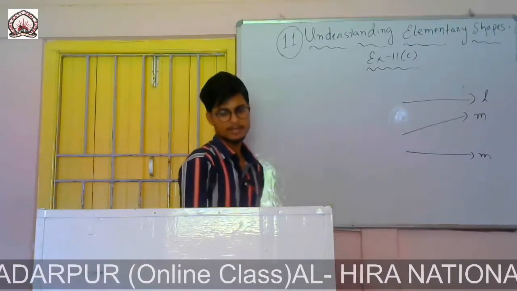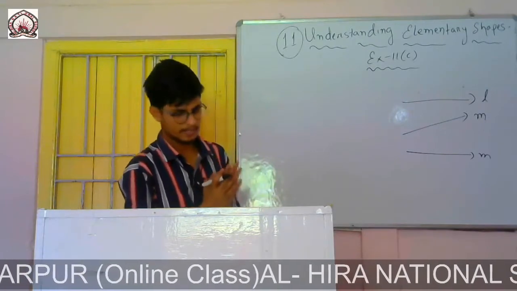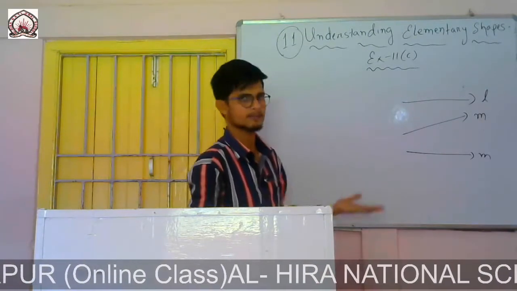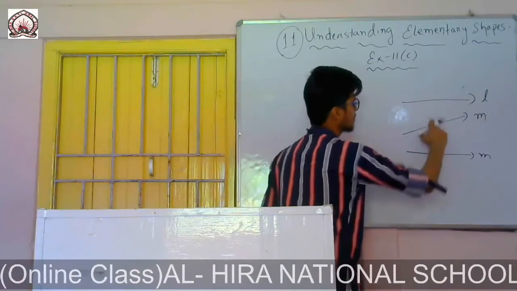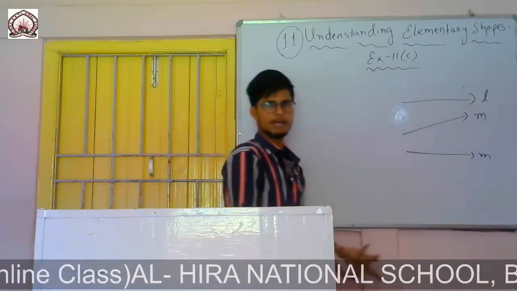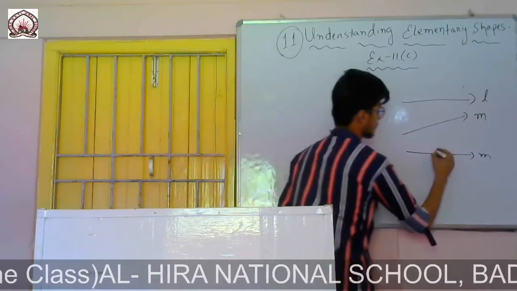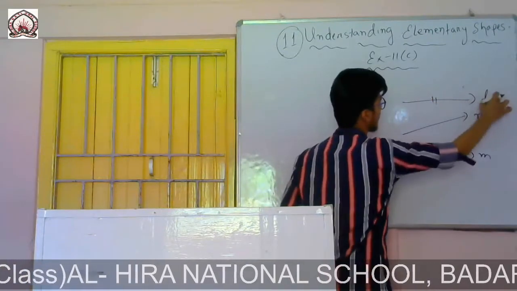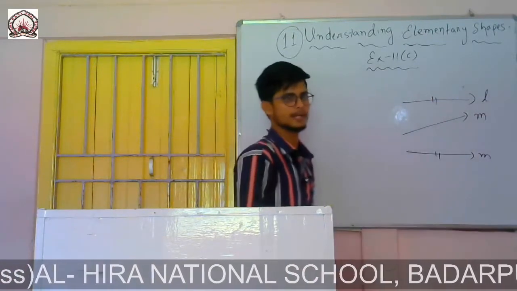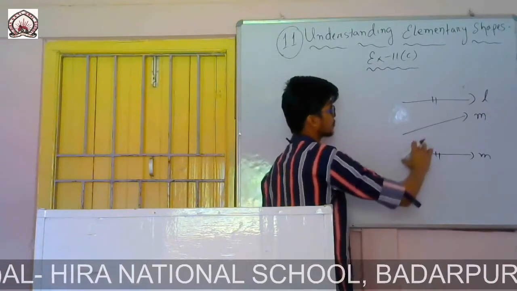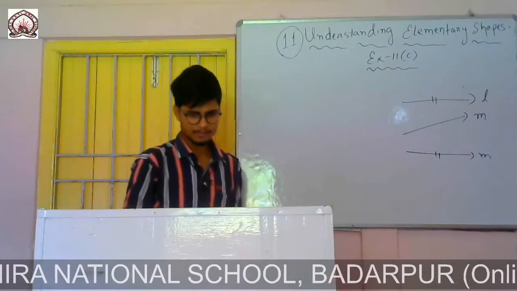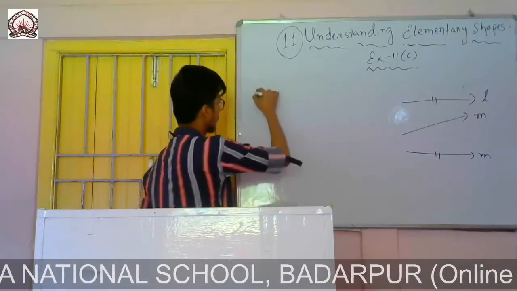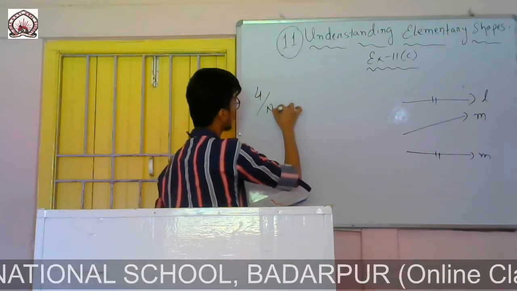But the question is, is there any case that these two lines will be parallel? Yes. You see, these two lines are not parallel to one another. Again, this one and this one, M and N, are also not parallel to one another. But sometimes it may happen that this line L and M will be parallel to one another. If I simply take out the distance, they may be parallel. So the answer will be no.